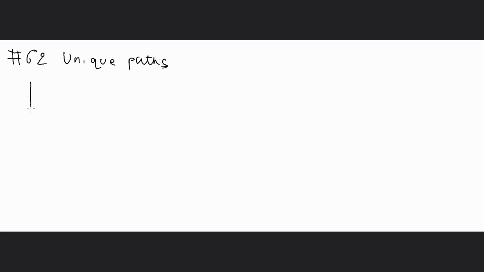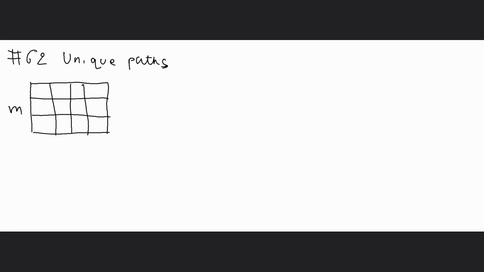you are given a grid, and you are given the size of the grid, which is m cross n. So the grid has m rows and n columns, okay? And you need to count the number of unique paths from the start position to the end position, okay? So if we look at this grid, the condition is you can only move